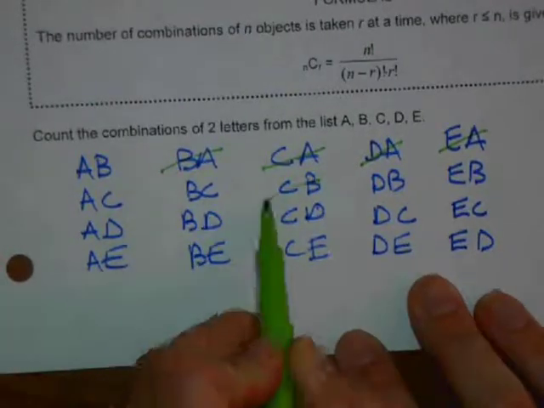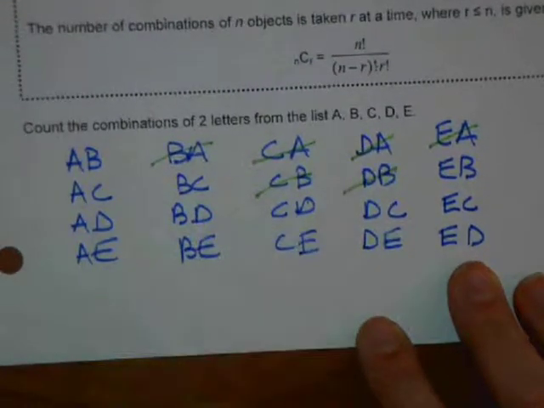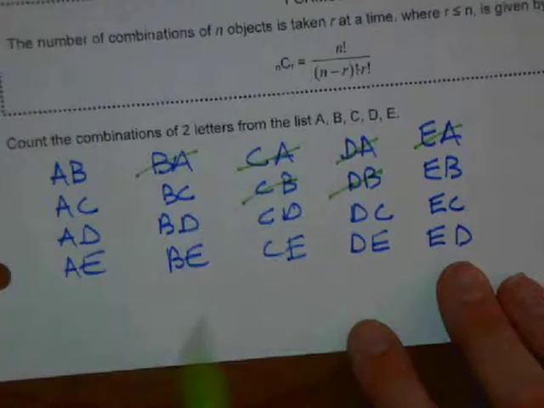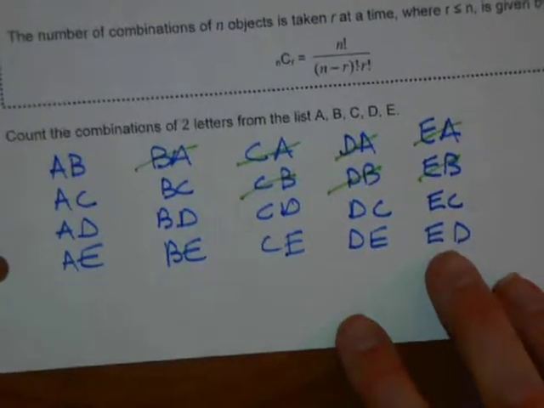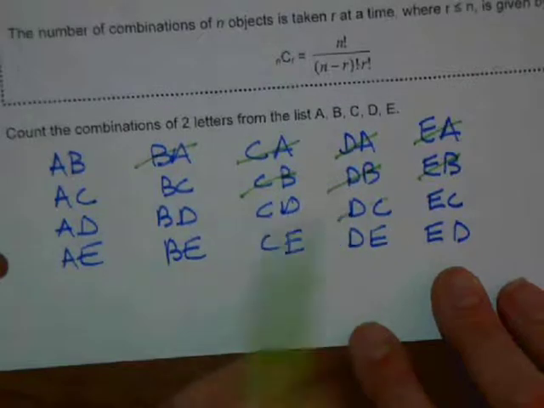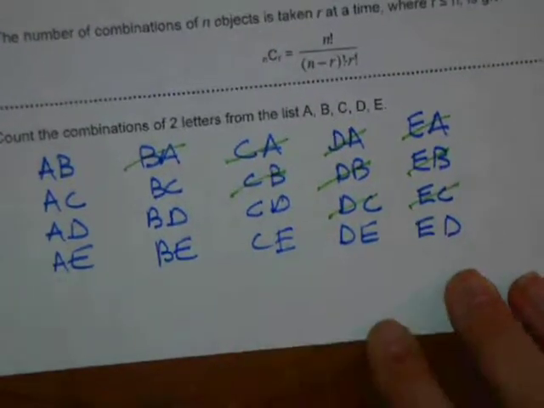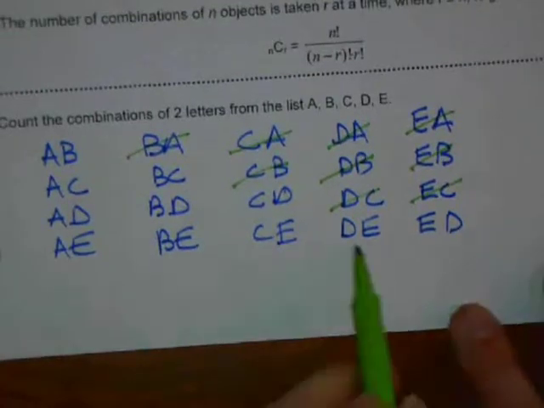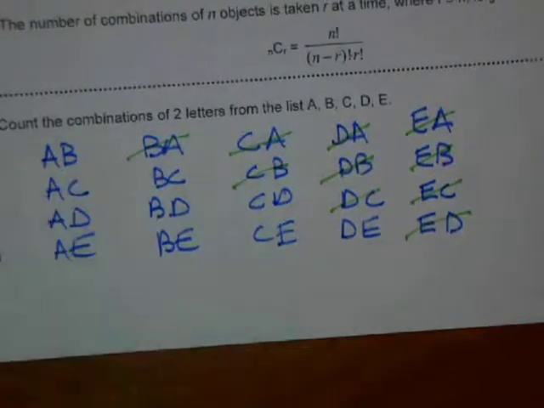All right, BC, there's another BC right there. BD, there's another BD. BE, there's another BE. CD, there's another DC. CE, here's another EC. And then DE, there's another one. So we actually cut off how many? Half of them. So we have 10 possible combinations